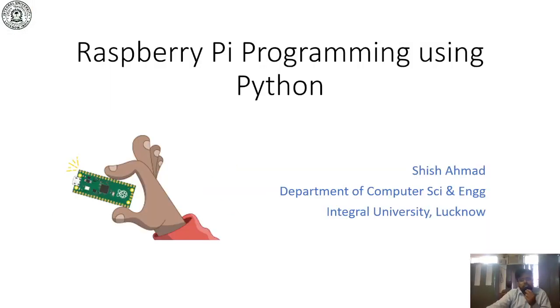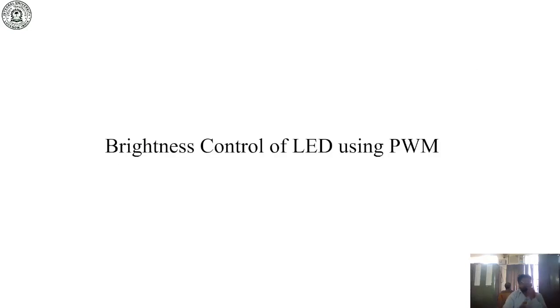In the last video we saw how to connect the LED with the Raspberry Pi and how we can control the LED using the Python IDE available on the Raspberry Pi, and we can control the LED by giving a particular time duration to switch it on and off. Now in this lecture we are going to see how to control the brightness